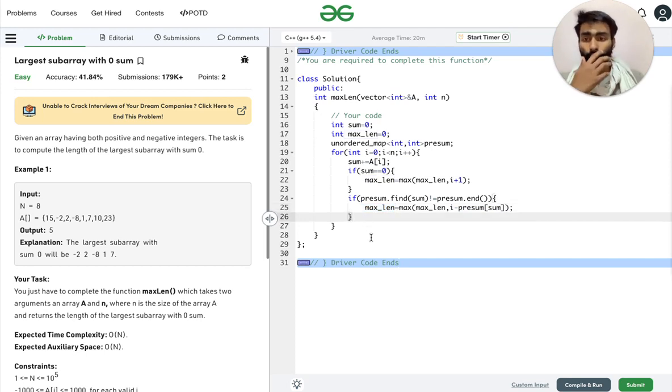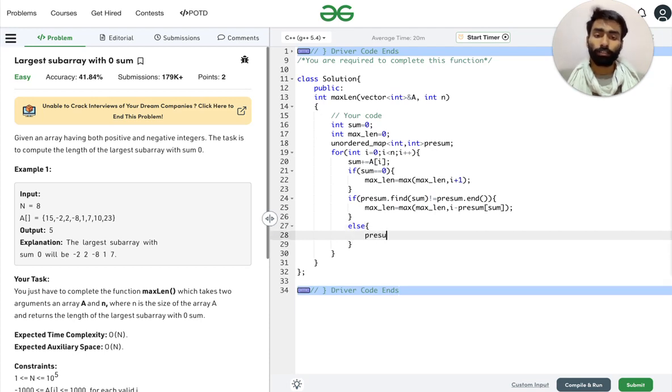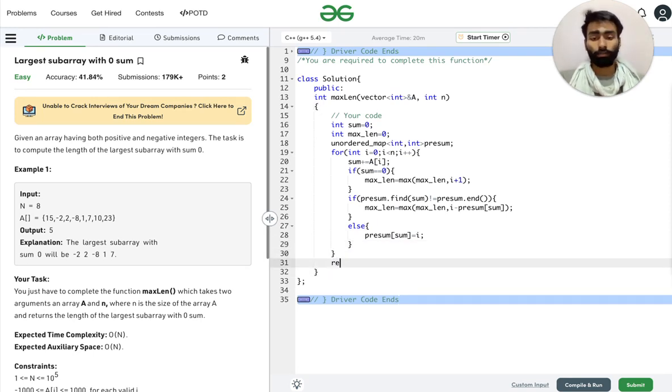And if we are getting a new sum, then we need to add it in the map along with its index. After doing all this, we will need to return the max length.